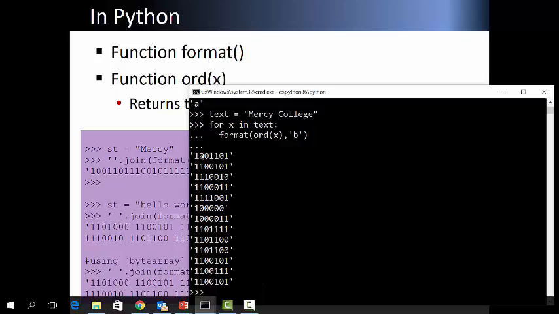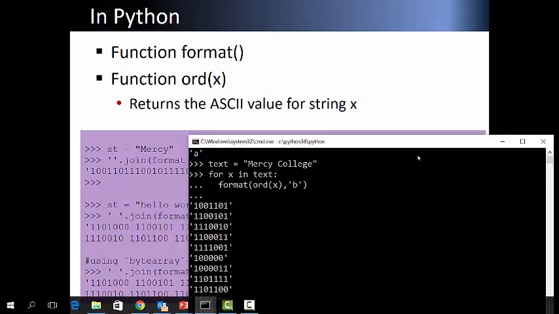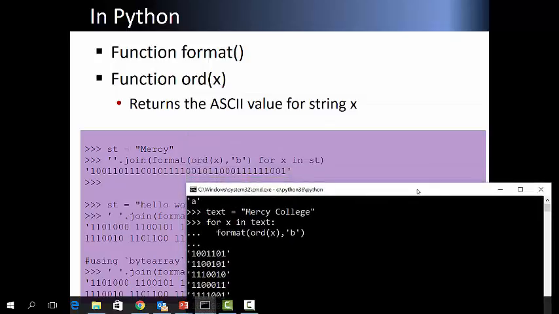If you want to put them in one binary code, how should we do? Each character returns a binary code.